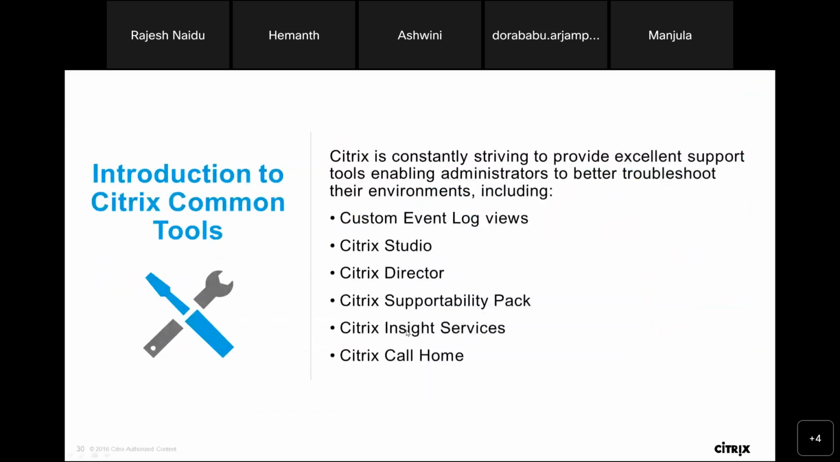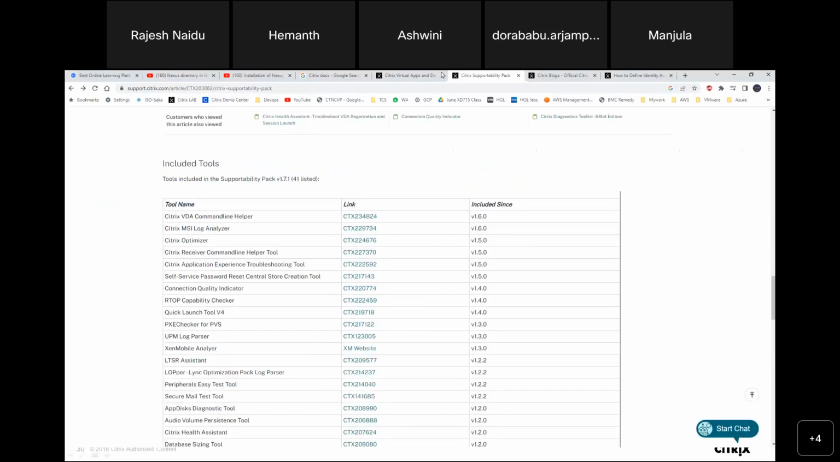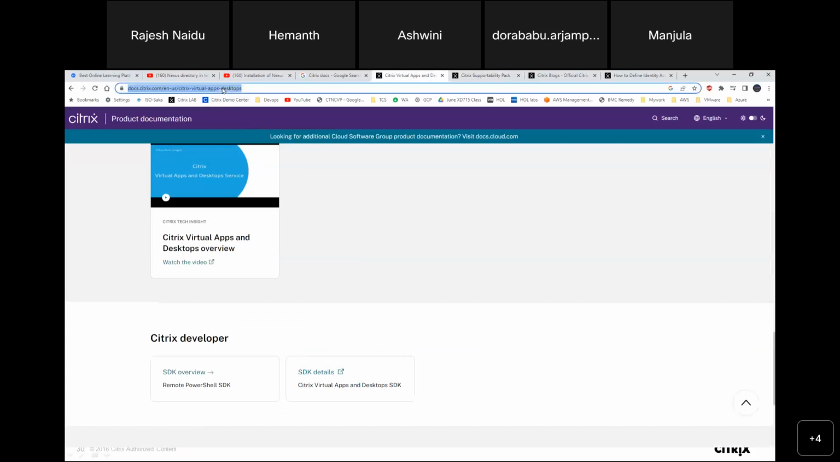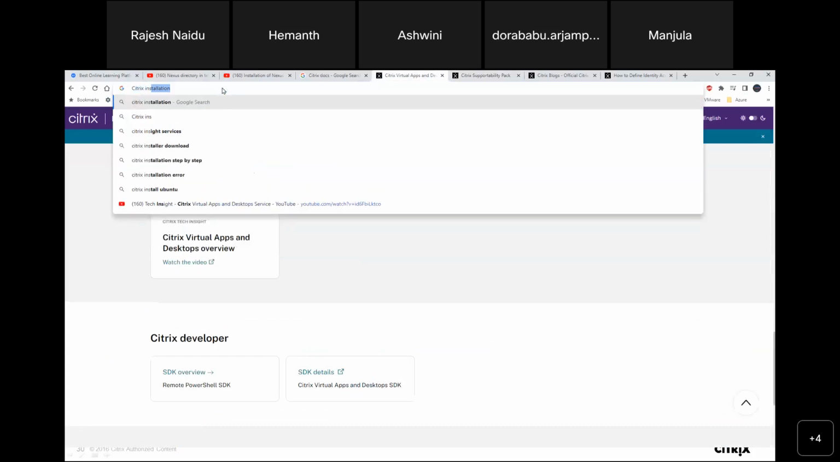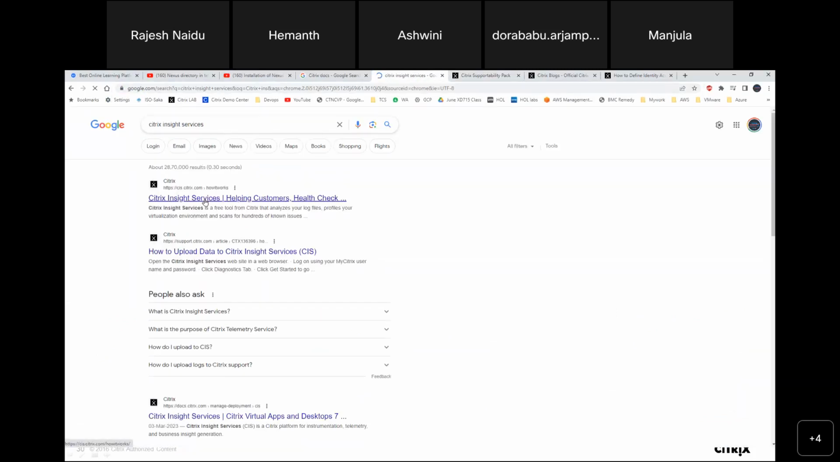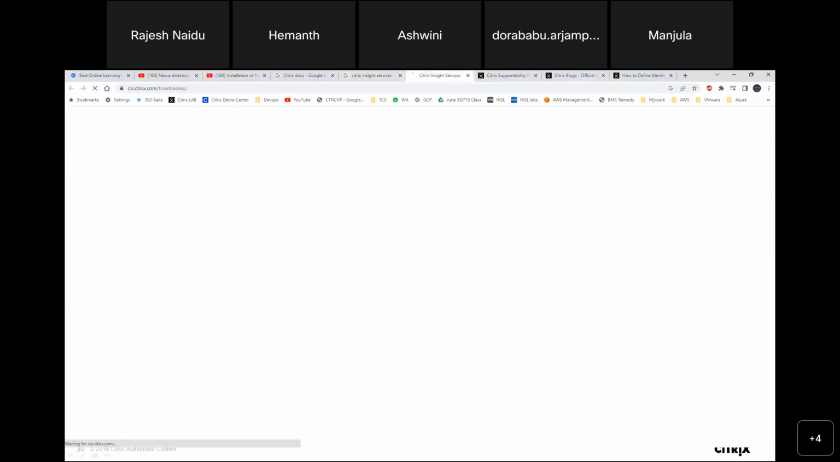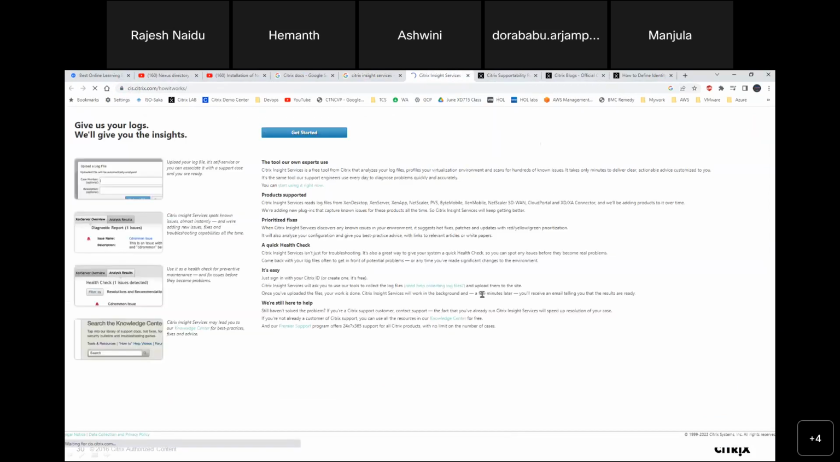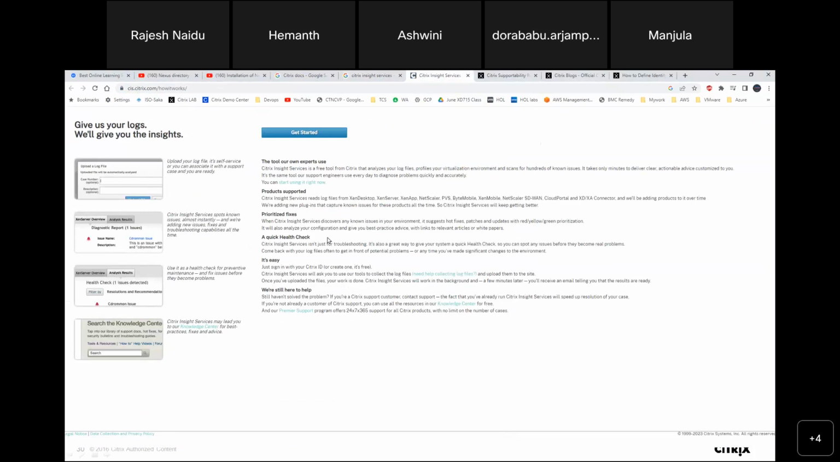So next, Citrix Insight Services. You can go here and type Citrix Insight Services. We call it CIS, Citrix Insight Service. Basically this is used for